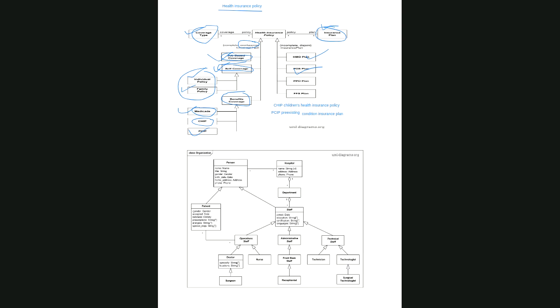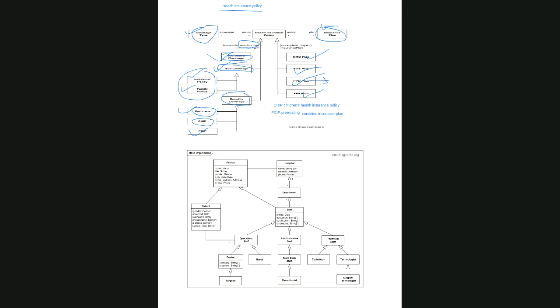Then you have PPO. PPO is participating provider option. PPO means participating provider option. And you have FFS. This is called fee for service. FFS is nothing but fee for service, because this list is incomplete and there are other insurance